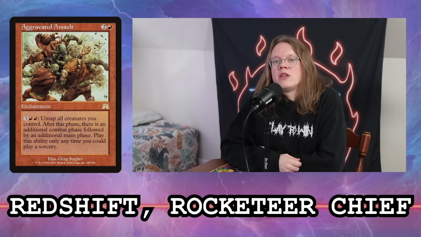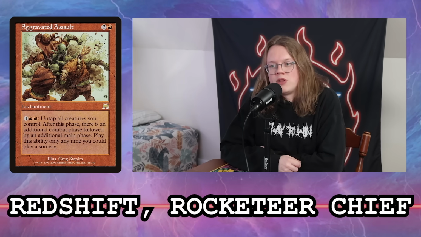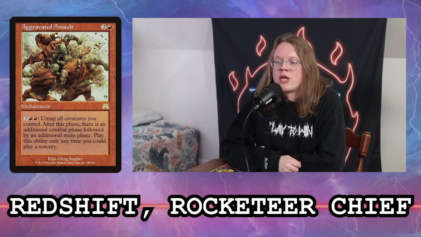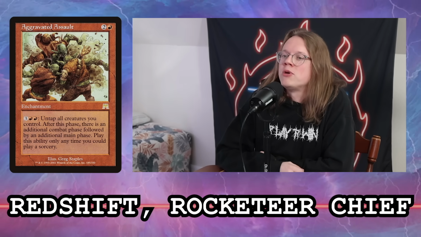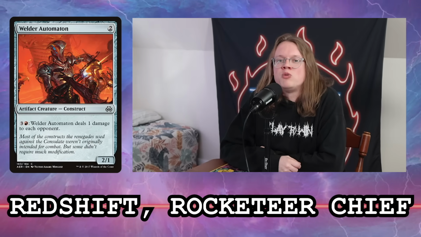Or there's like aggravated assault. There's other abilities too that would end up working out with this as well, like if you have ways that you can continuously untap them. I know there's a creature in there that for a red and some number of generic mana, it deals a damage to each opponent too. Welter Automaton. Yeah, so like there's infinite mana outlets that you can get into, where if you can make